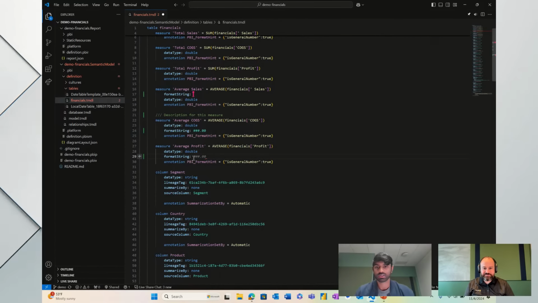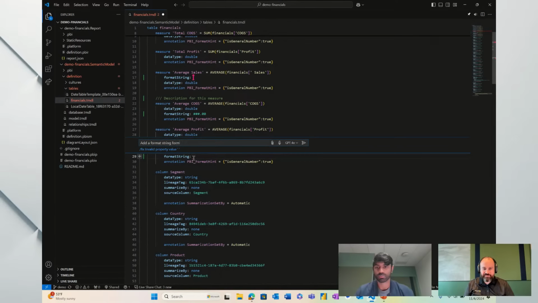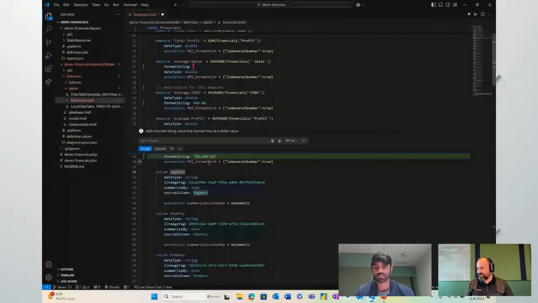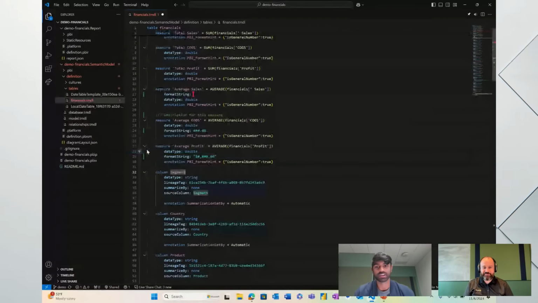So let's see. Control I, add a format string for add value formats. Yeah, let's try that as a dollar value. Dude, I'm telling you, the Copilot features of things are pretty incredible. Legit to me. Yeah, it really is. And we do have to make sure string instead,